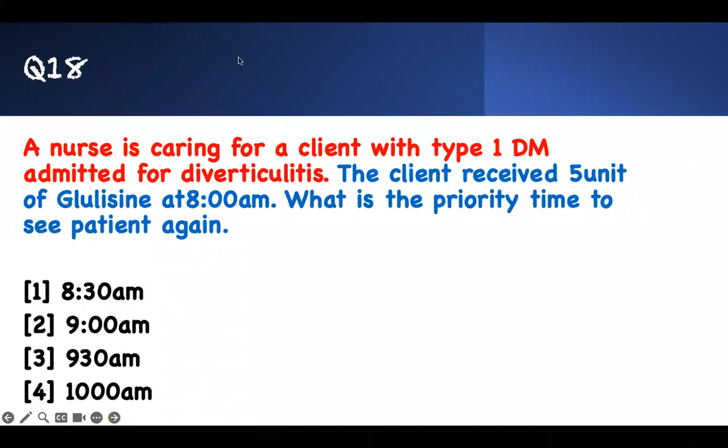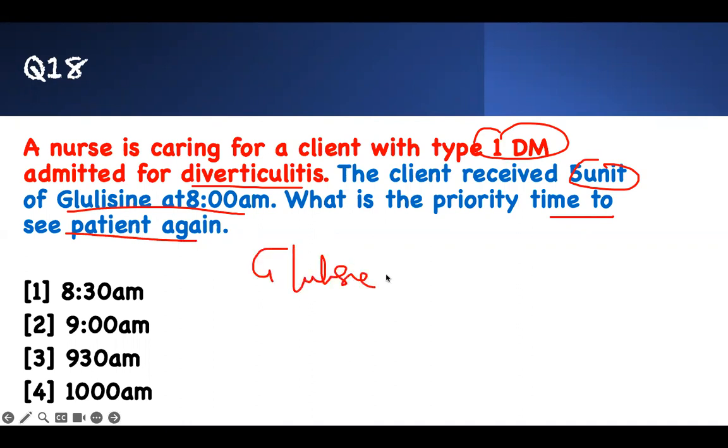Number 18. A nurse is caring for a client with type 1 diabetes admitted for diverticulitis. The client received 5 units of glulisine at 8 a.m. What is the priority time to see the patient again? So you have to recognize that glulisine is what? It's one of the lags, okay? So it's one of the lags. That means the fast acting guys, okay? Fast acting, and that means the